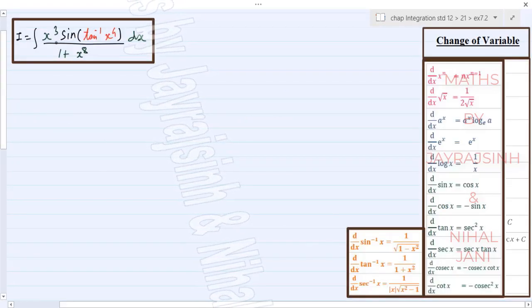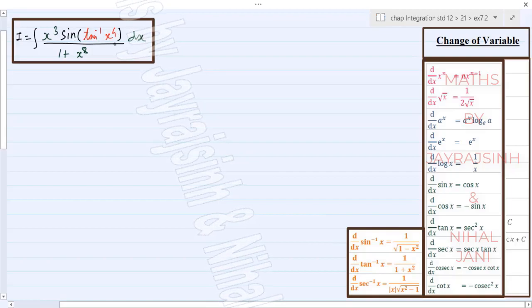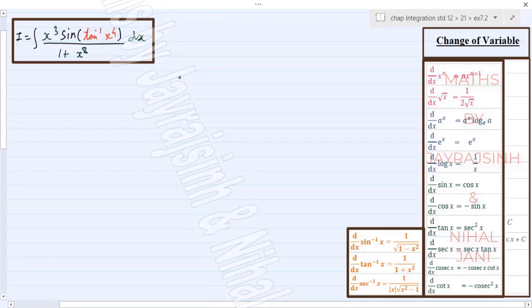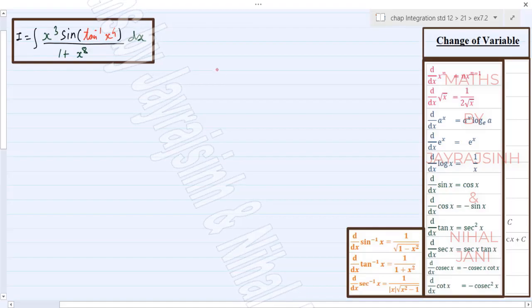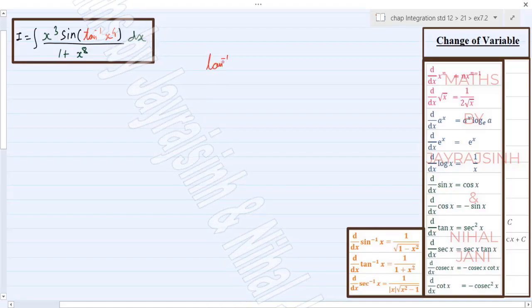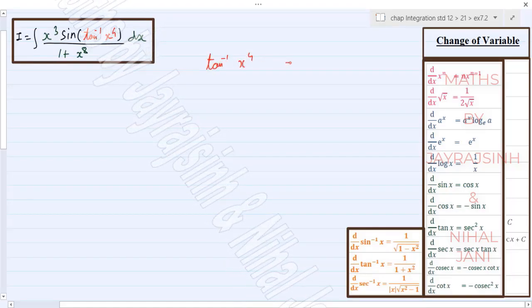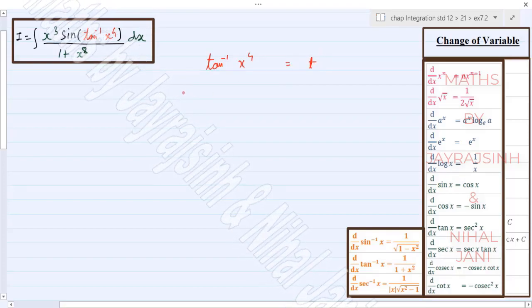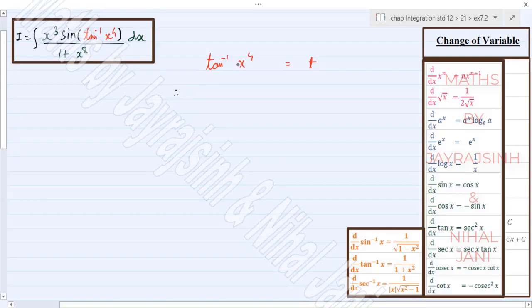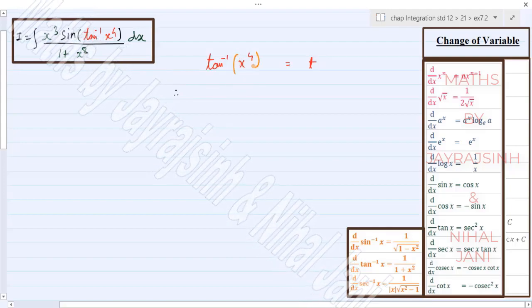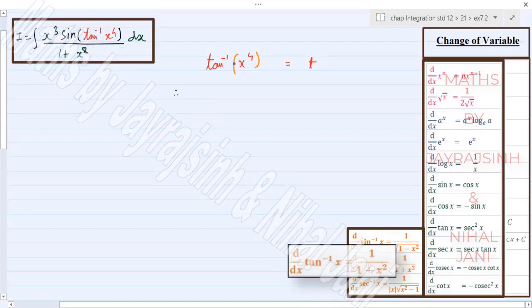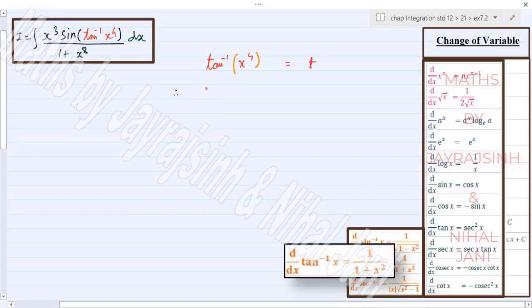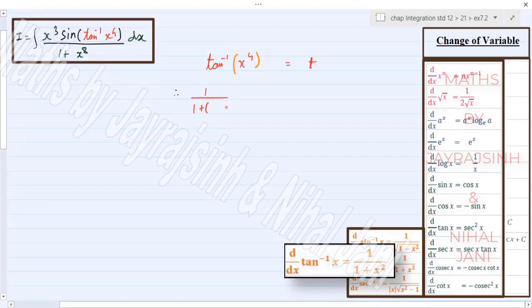Here we have to integrate x cube sine tan inverse x raised to 4 upon 1 plus x raised to 8. Here tan inverse x raised to 4 is the inner function, so let's assume it is equal to t. Now differentiate both the sides. You have to take a box around the x raised to 4. So the differentiation of tan inverse box is simply 1 upon 1 plus box square